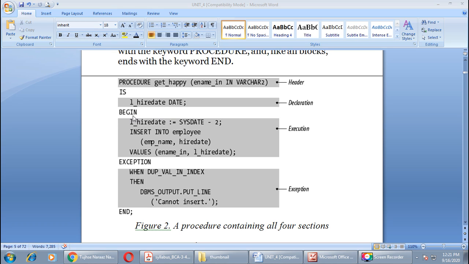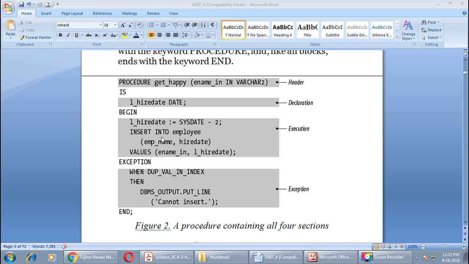How will we know that our execution section has started? For that, you have to write a begin keyword, okay, and under this title we will write our SQL queries. As you can see here, one insert query is written over here, and one assignment, the assignment to the variable is also done in this section,